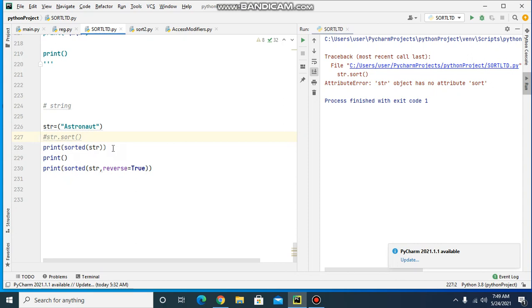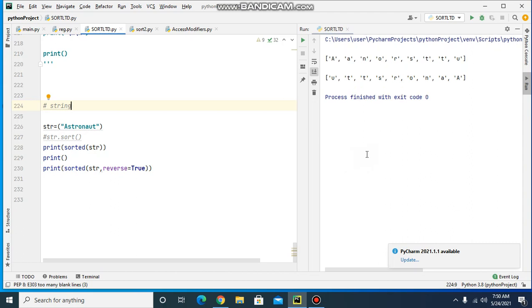So it will sort in the alphabetical order. After that, I am setting reverse is equal to true and sorting this string and printing it again. This time it will print in the reverse order. We will execute this. So here it has sorted in the alphabetical order, and after that, when reverse equal to true, it has printed in the reverse order.